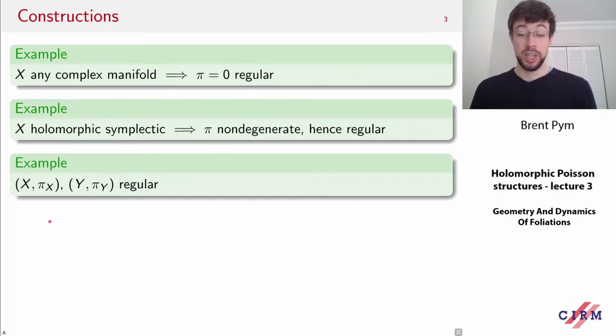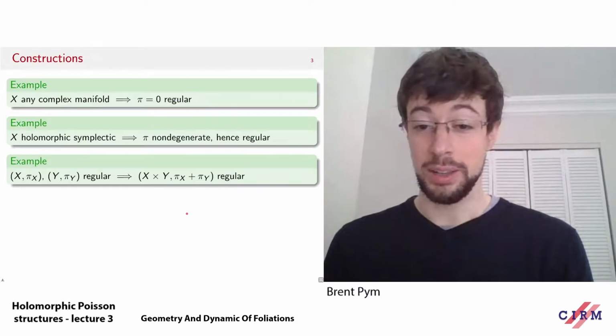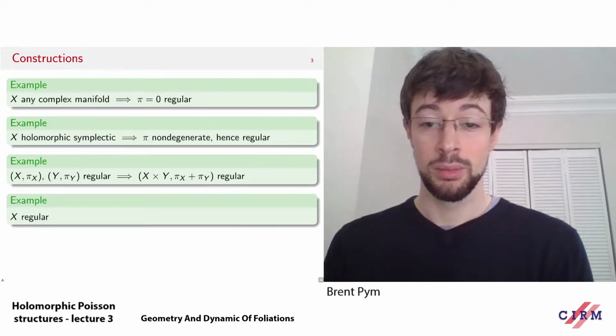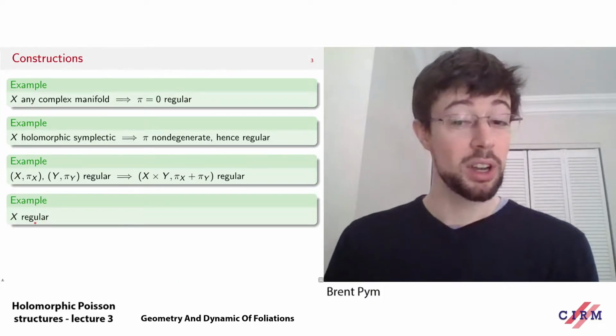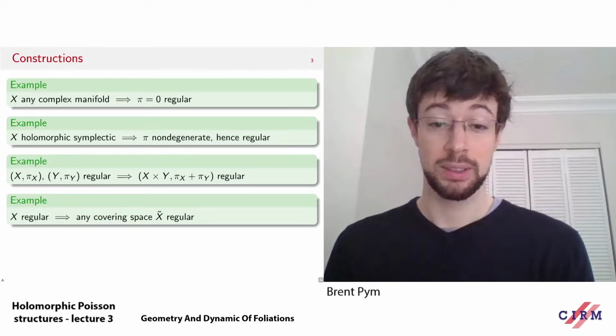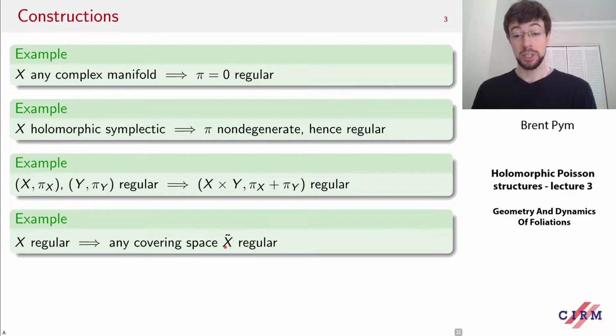Somehow, in between these two, we could take a pair of regular Poisson manifolds, X and Y, and then we can form their product. Well, the rank of the product will just be the sum of the ranks of X and Y, so that will be a regular Poisson manifold. On the other hand, if we're given a regular Poisson manifold, then we could take a covering space of X, say X tilde. A covering space is locally diffeomorphic to X, and so we can take the Poisson tensor on X and we can pull it back to get a Poisson tensor on X tilde, and locally those will be isomorphic,